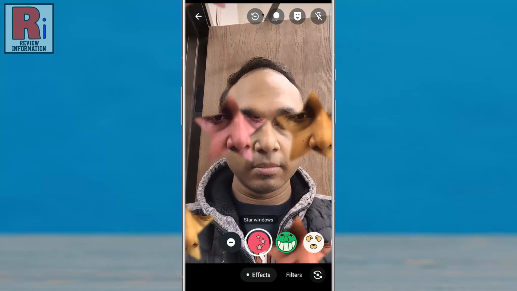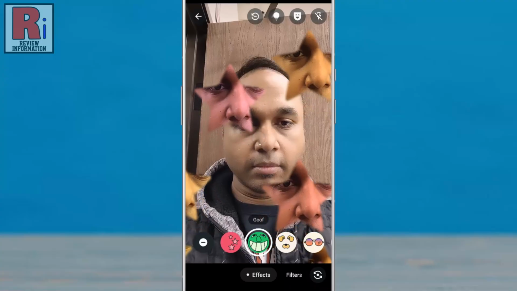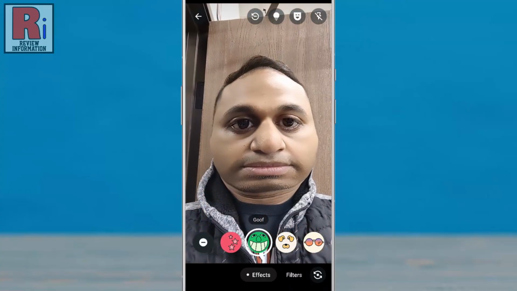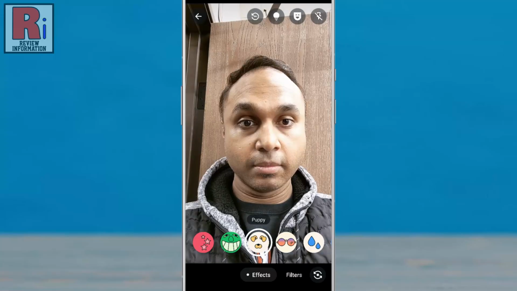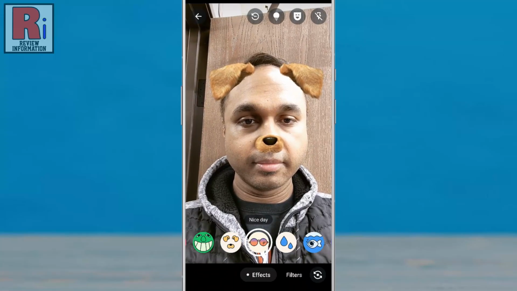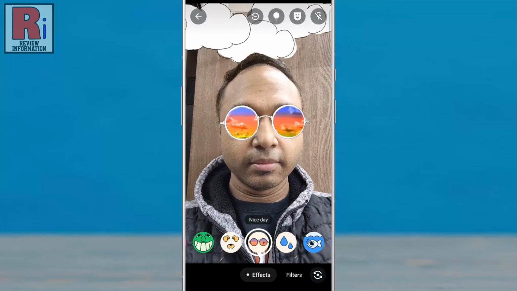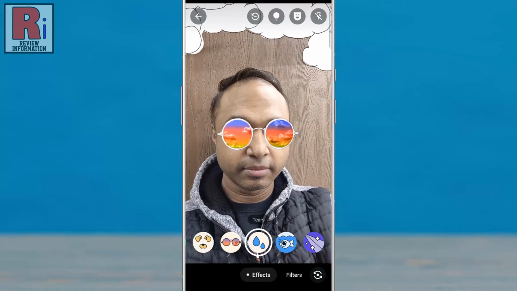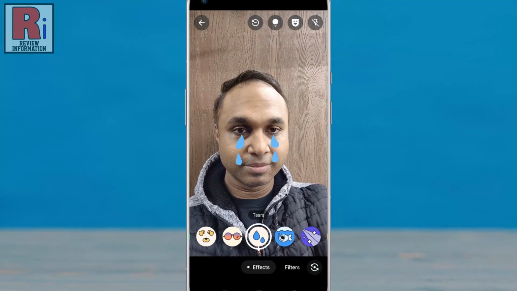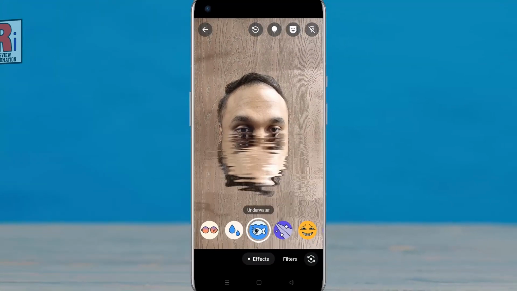These features are available on both iOS and Android devices. Make sure your WhatsApp is updated to the latest version to access these enhancements. Once selected, capture your photo or video with the effect applied. So that's how you can enable and use WhatsApp's new camera effects for photos, videos,